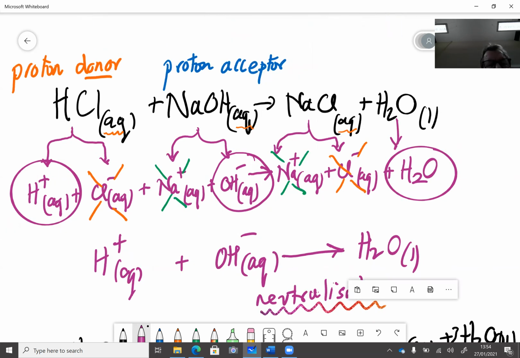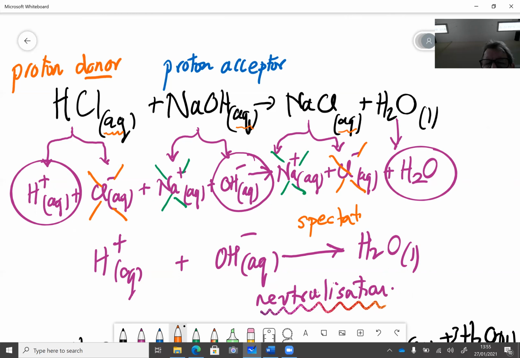So we had HCl at the beginning and NaOH. Anything that is AQ splits up. Anything which is L or S or G does not split up. We split them up. Each one of the AQs split up. The one which is not AQ does not split up. We then get rid of these, which are on both sides of the equation. We call these, you probably know this,